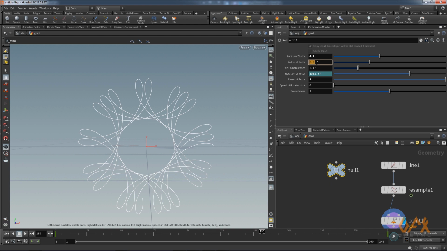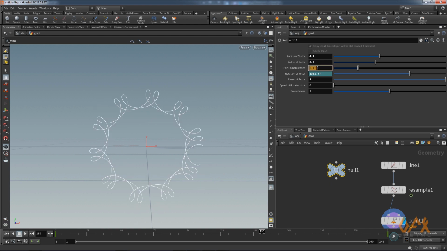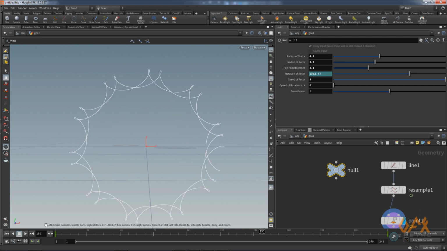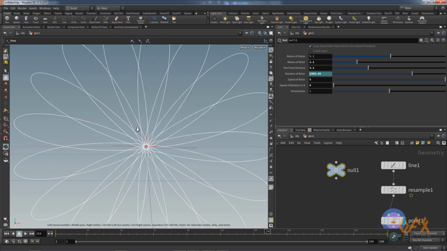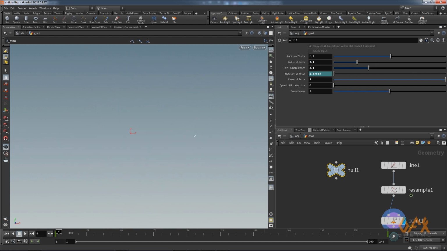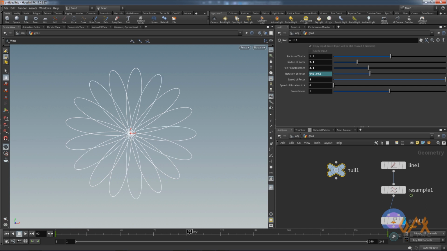Okay, 3.7, 3.1. Okay, so just play with these values and you can get some good result. And like this, 0.02.